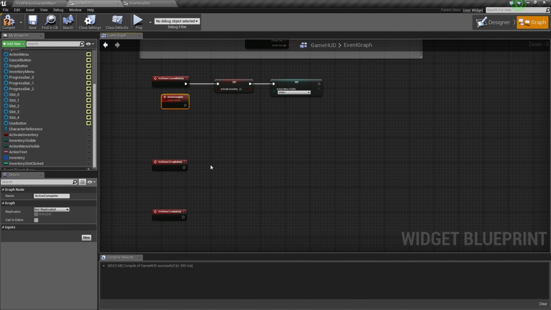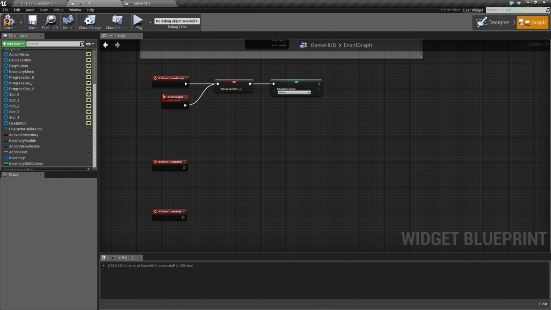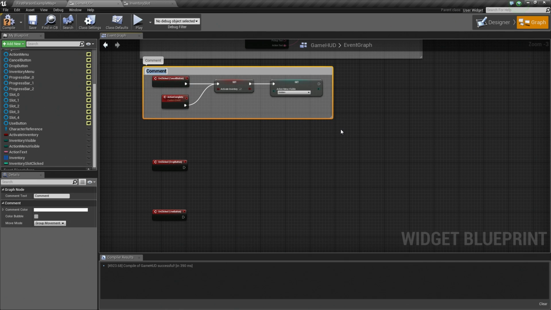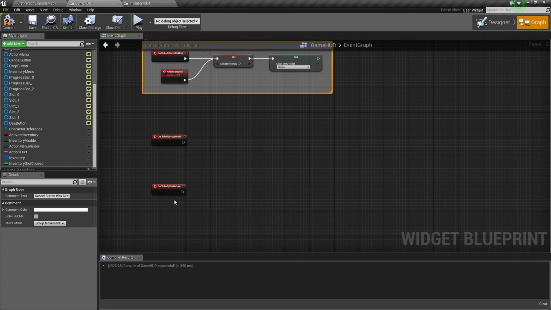So instead of adding these to both of our drop and use, we're just going to call this custom event, which will in turn call these two setters again. So with that, let's select all of this and hit C, and this is going to be called cancel button was clicked.